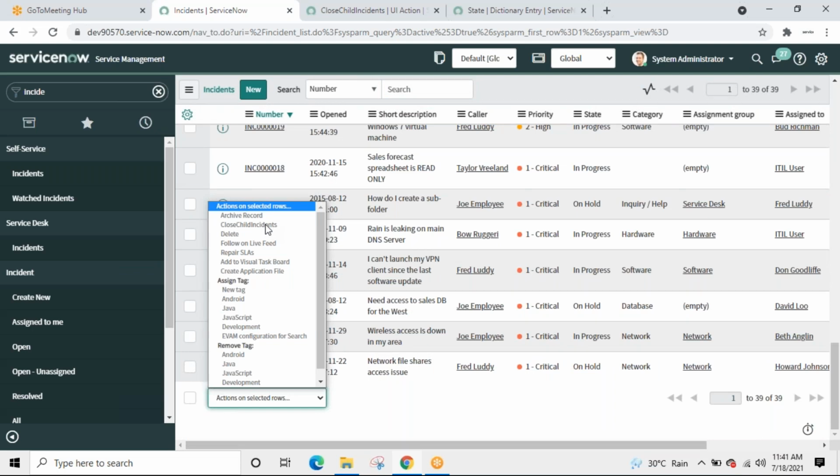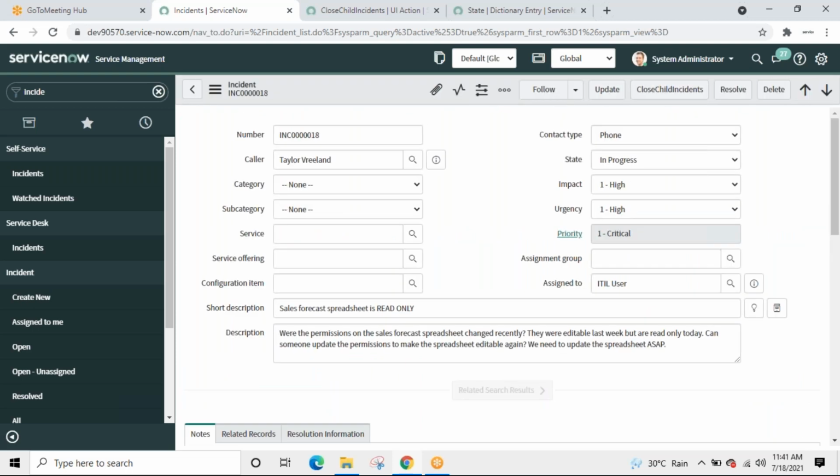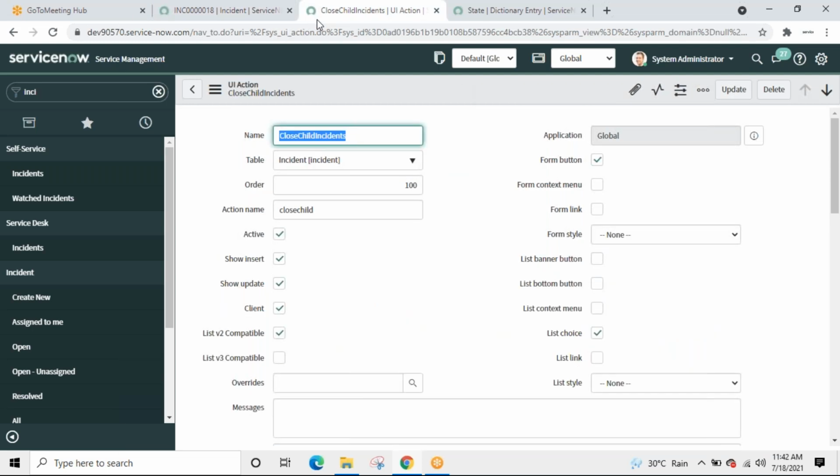But there is no use of placing it over here. There is no use. Why? Because even if we click on that, it won't execute anything. How would it find for what incident it has to close the child incident? It's only when we open a certain incident, we get the current.sysid. Now we have the sysid because this is the currently opened incident, and it's only when now I execute that code, I'll be able to close all the child incidents present under it. Right? That's the reason. But just wanted to show you, we can put it all over there.